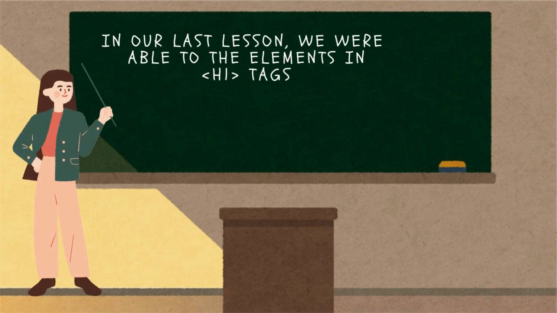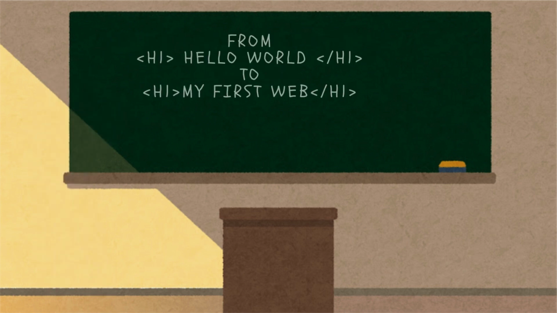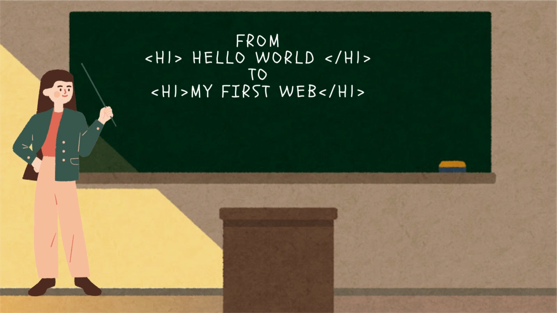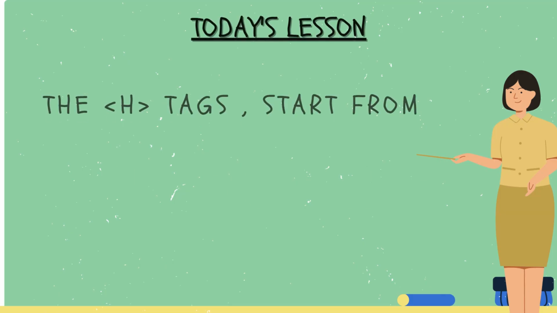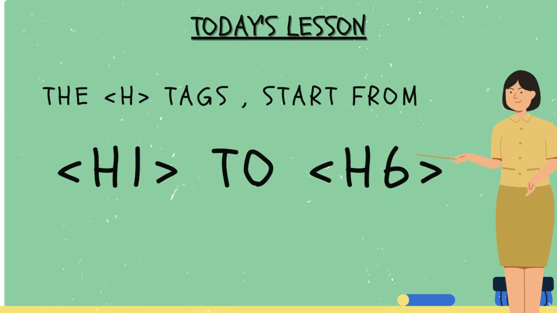In our last lesson, we were able to learn about the elements in H1 tags. Something to remember about H1 elements is that they have closing tags. If you can remember from our previous lesson, we changed the elements inside the H1 tag from Hello World to My First Web. In today's lesson, we will learn about the other H tags, which range from H1 to H6,